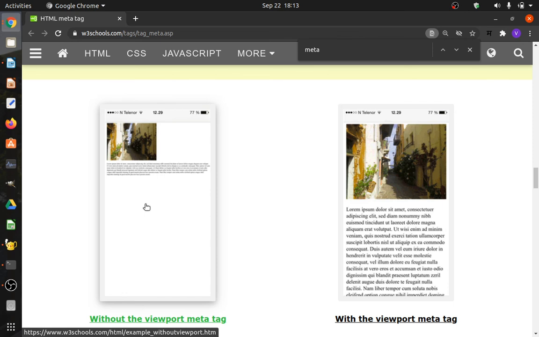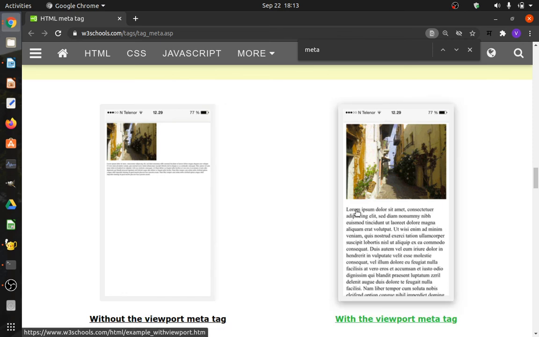But if it is manipulated with the help of the viewport meta tag, the information is easily seen. We can read the text, we can easily see the actual image, and that appears to be pleasant, at least readable. So this is the difference.